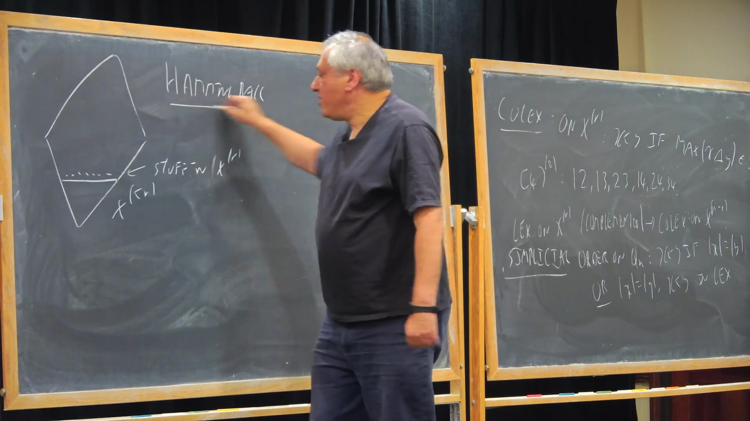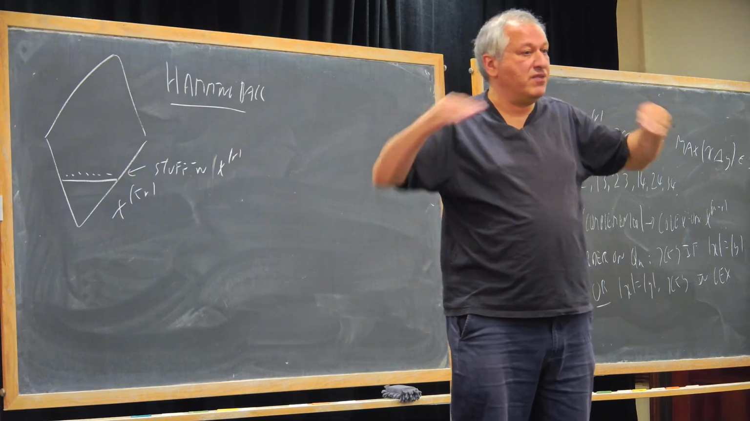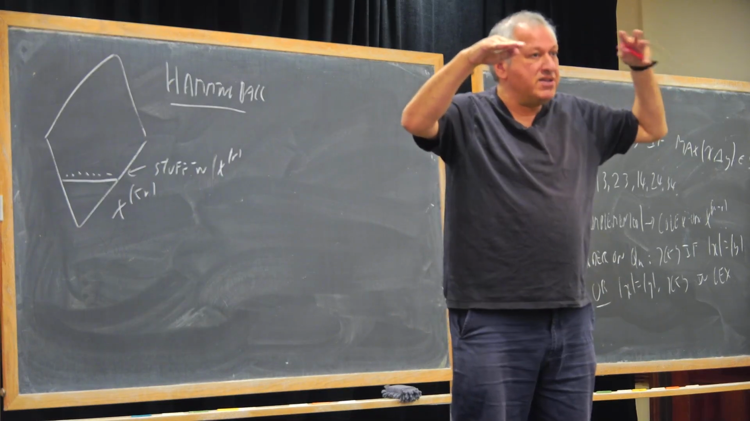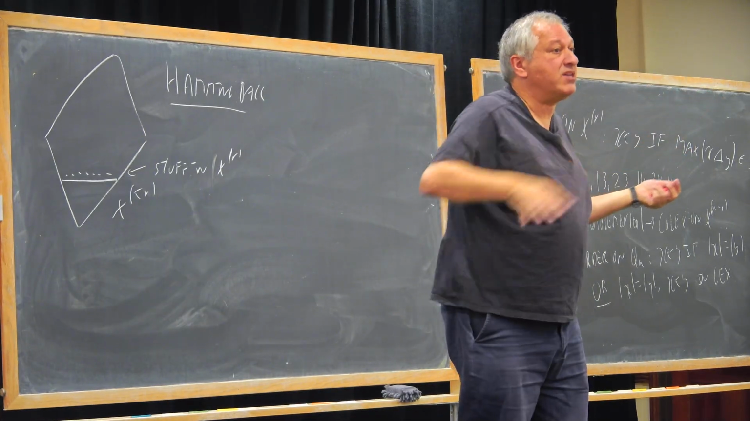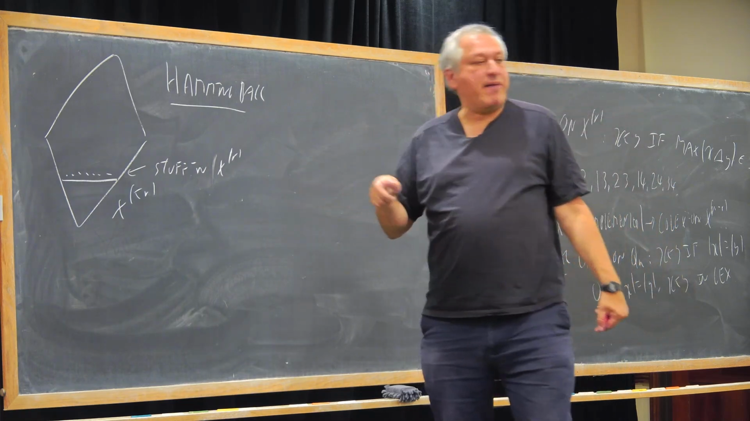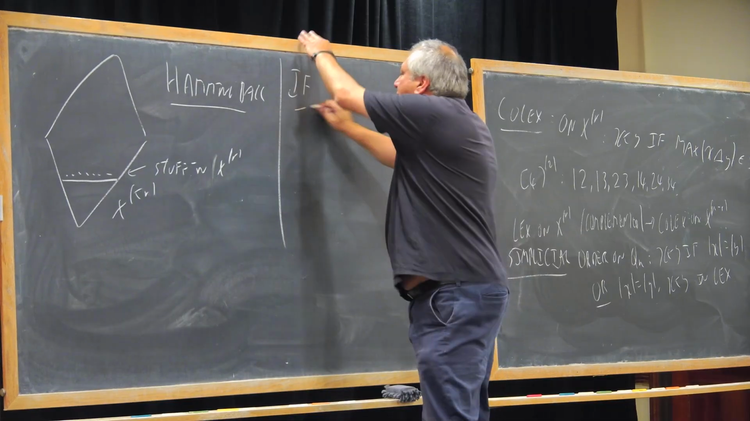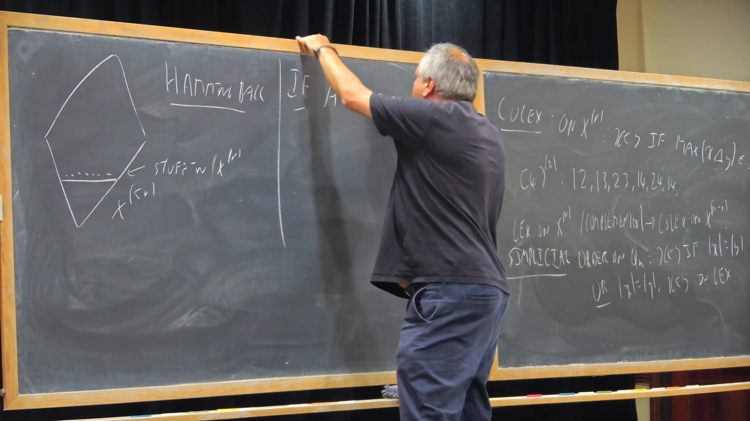So Hamming ball means anything that's between up to level r and up to level r plus 1, okay? So it consists of a total ball and maybe nothing, maybe some junk on the next level. Now, if we knew that A is a Hamming ball,